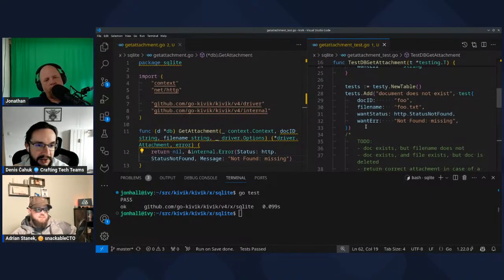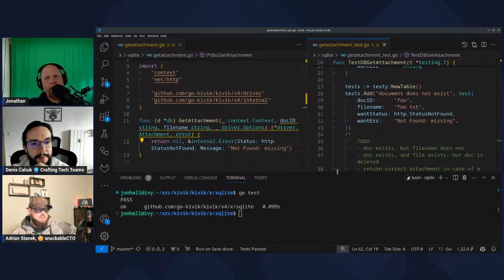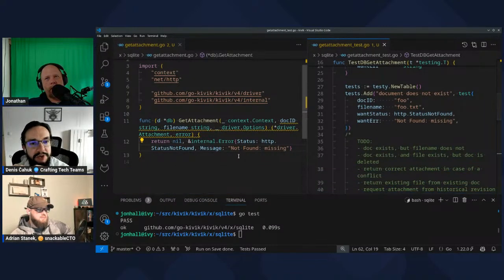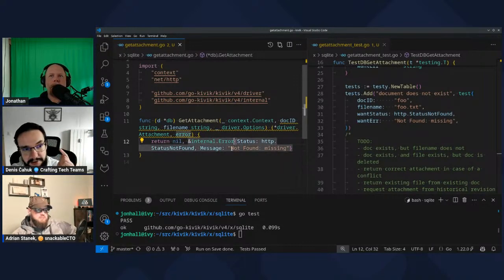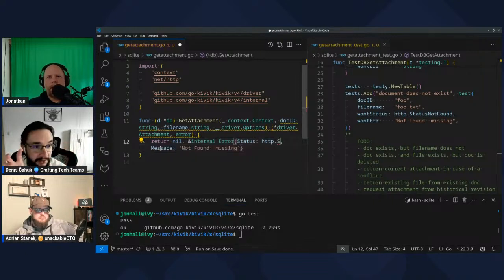If I return this, right now we're not connected to a database. Or at least here we're not trying to connect to a database. We're not using the driver. Exactly. So what I would do is keep this implementation and revert to a default error that would make the tests fail still. I would only return not found if we had actually checked if it exists.